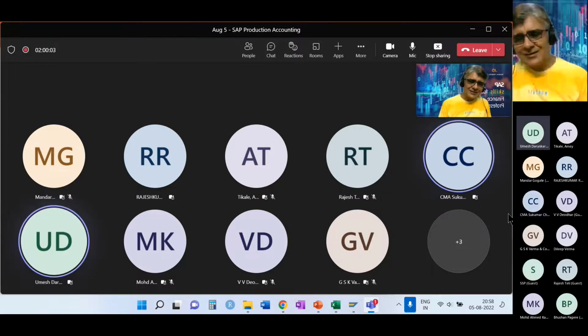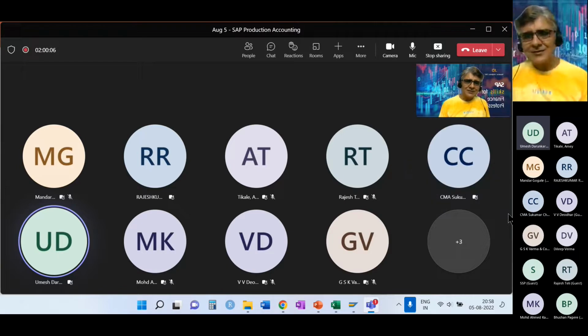Further, sir, my request is if you can take this type of session on the material ledger activity. Maximum SAP users, almost 70 to 80% of the companies which are using SAP, are moving towards S4HANA also. And in S4HANA the additional benefit is that we can have a variance calculation there. The material ledger is a compulsory, mandatory portion now, compared to ECC. So that also will help in future.